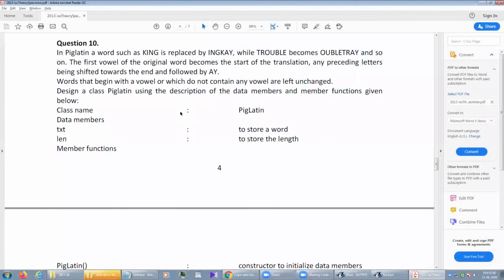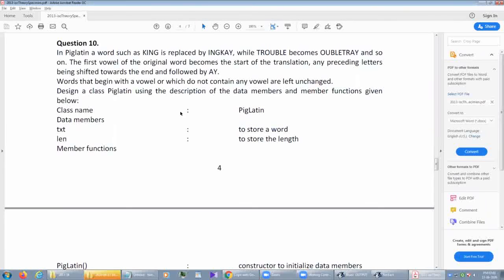Next, the example of trouble: trouble should be ouble. That means from the first occurrence of the vowel to the end is extracted, followed by the previous letters before the vowel, like tr, and followed by ay, and so on.